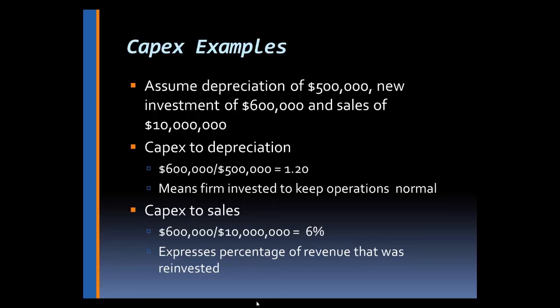So this says we're investing $1.20 in new property, plant, and equipment for every dollar we're depreciating. So they're advancing, they're looking forward. Now CapEx to sales, we divide 600,000 by 10 million and we get 6%. So we're saying that 6% of our sales dollars are being reinvested in new property, plant, and equipment each and